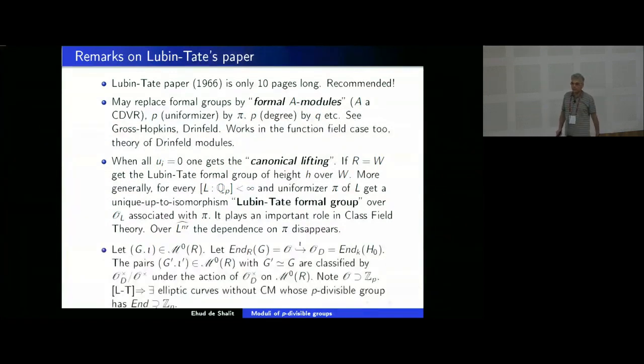And finally, I'm over time, so I will not say anything about this question. You can ask when, if you have two pairs, G iota and G prime iota prime, that are distinct, when is G abstractly isomorphic to G prime? And this is rather easily answered by how many of the endomorphisms of H naught you can lift, or of the automorphisms you can lift to G. So this coset, or the quotient of the two groups of automorphisms, classifies this.